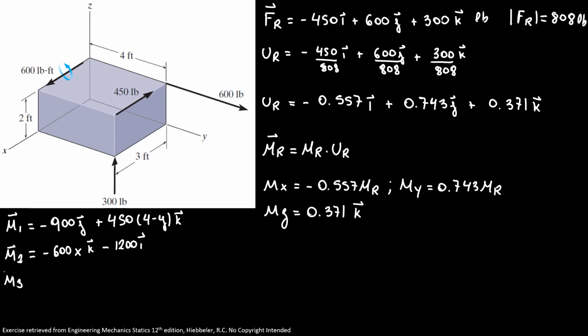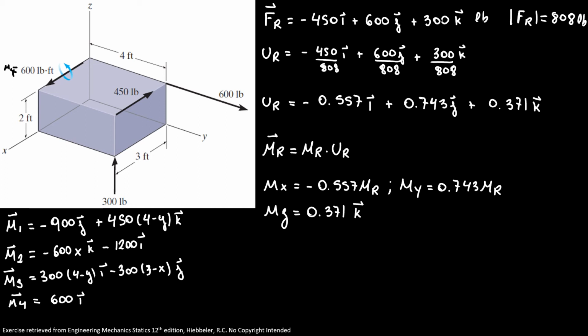Our M3 equals 300 (4 minus y) i minus 300 (3 minus x) j, and our M4 is going to be 600 i. This is our M4. Now in the next slide we're going to split into Mx, My, and Mz and